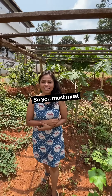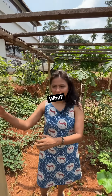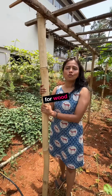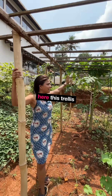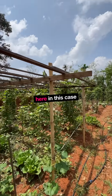So you must plant bamboo on the borders of your farm. Why? Because of this. Now, when you need a trellis, where do you go looking for wood, looking for material? You can get it right from your farm if you planted bamboo. So as we can see here, this trellis for creepers is made using bamboo, and here in this case, this